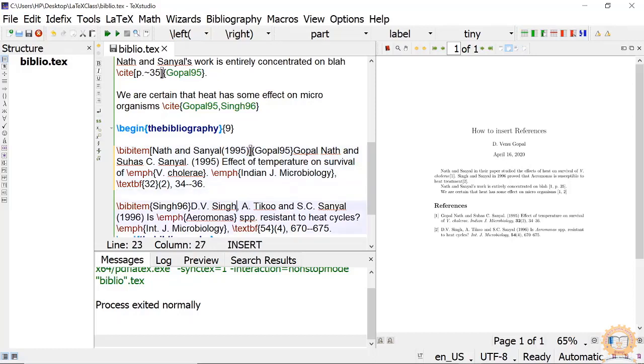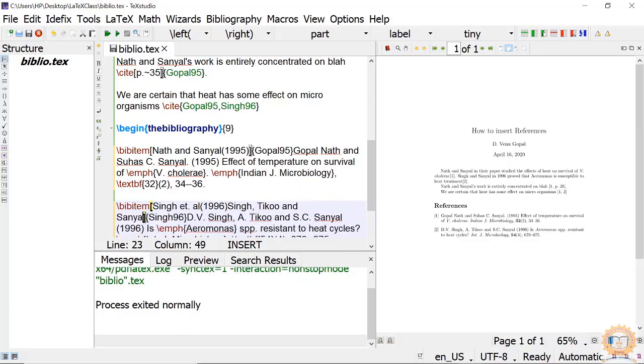Suppose here we write, in et al. 1996. Then don't give space after this. Okay. Then Singh and Sanyal, like this.